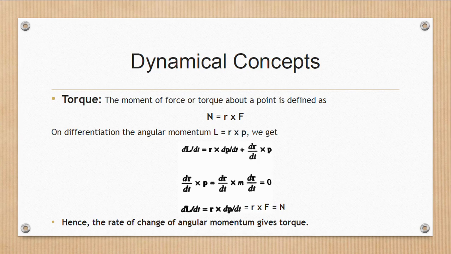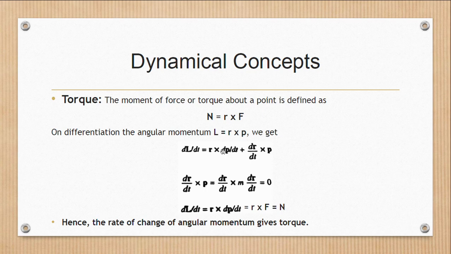Torque is the moment of force. Torque about any point is defined as N equals r cross F. It is the cross product of the radius vector and the force acting upon it. Torque can also be denoted by the symbol tau or capital N. If we take the relationship of the angular momentum, L equals r cross p,